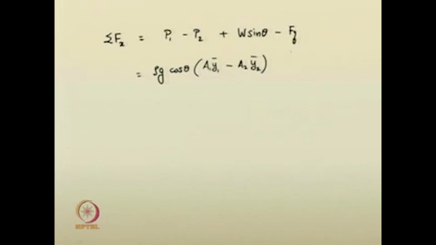So, the net force in the x direction, please recall that the flow is one dimensional, is given as P1 minus P2 plus W sin theta minus FF. So, P1 minus P2, you know what that is? It is rho g cos theta, where theta is the angle of the bed of the channel with respect to horizontal, into A1 y1 bar minus A2 y2 bar